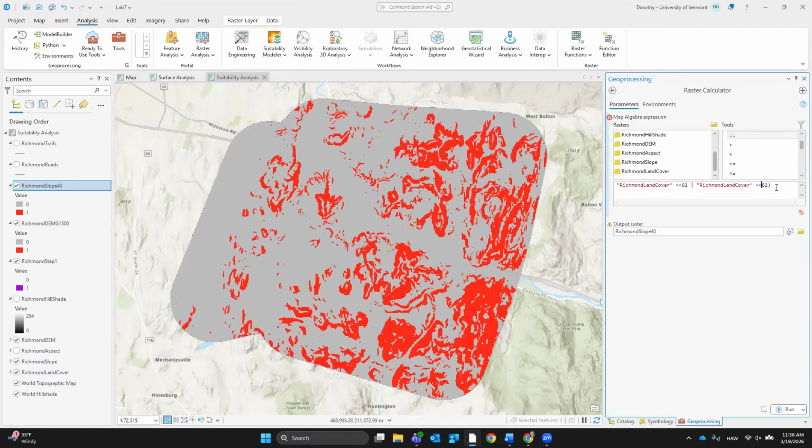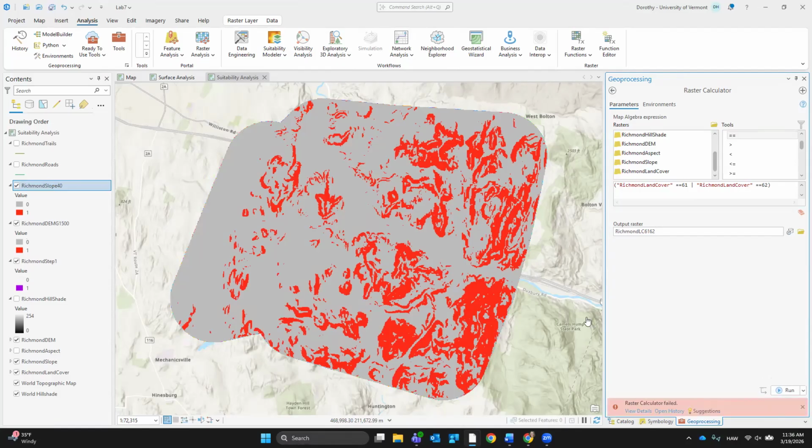Parentheses around it so that it knows what I want it to do. Okay, and I'm going to call this land cover Richmond LC 61, 62. Okay, this is just how I'm doing it. You can do it however you want, but make sure it's all good.